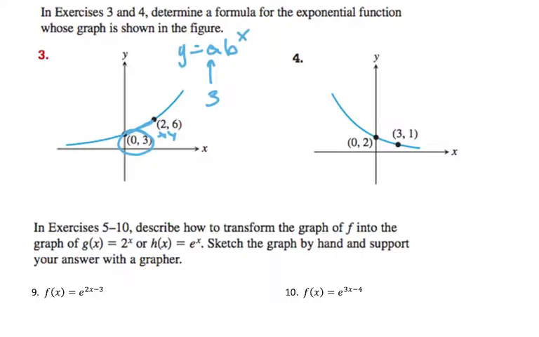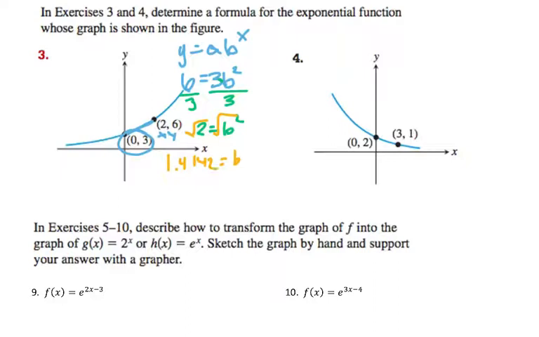So in that case, we're going to fill in our y of 6, our a of 3, and our b that we don't know, and then raised to our power of 2. So then we can start to solve. So we'll, for instance, take this multiplier and divide. So now we have 2 equal to b squared, and then we'll take the square root of both sides, and we get a b of the square root of 2, which is